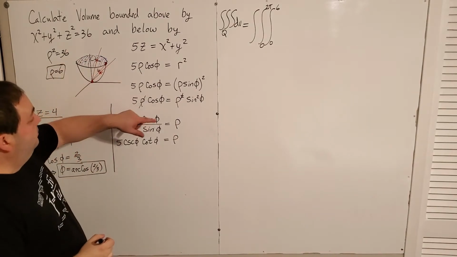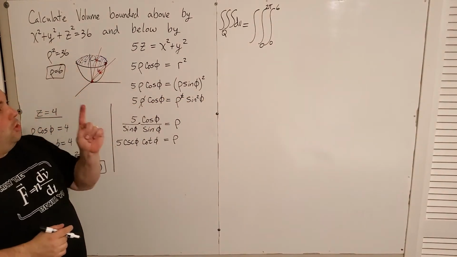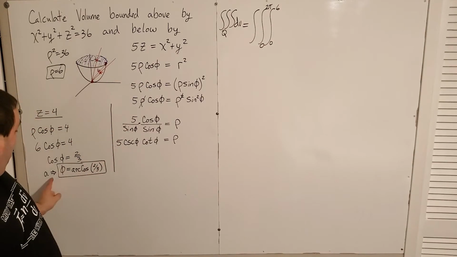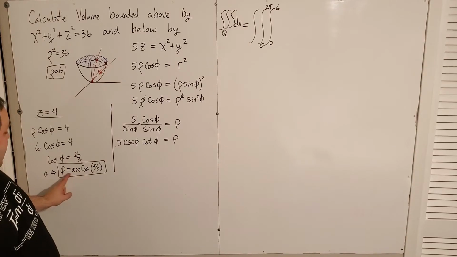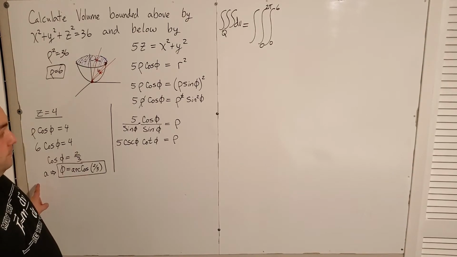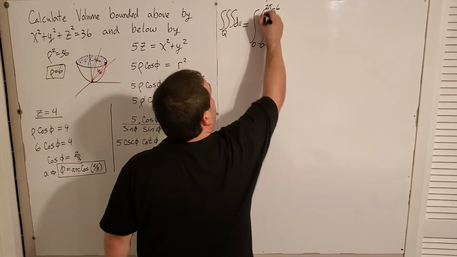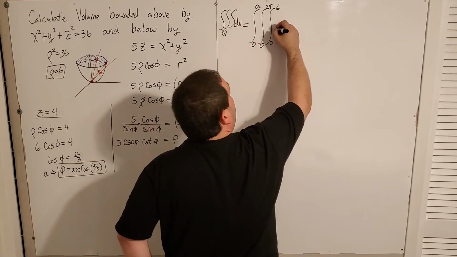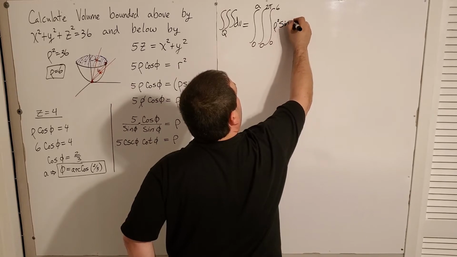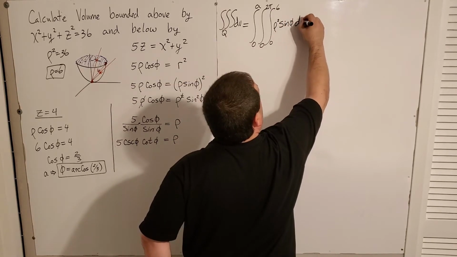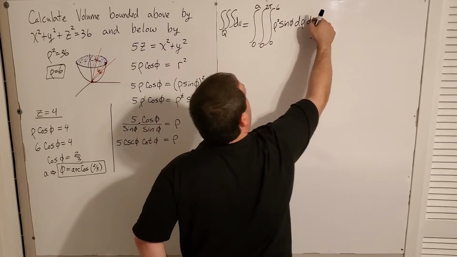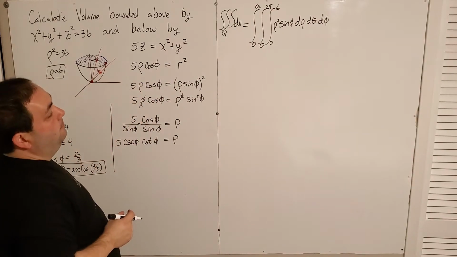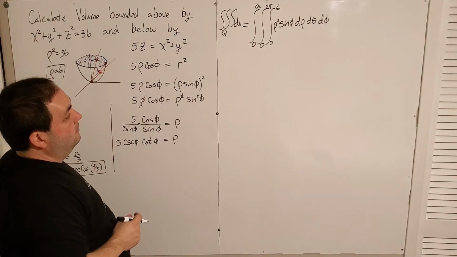And then phi, right? Phi is going to start at 0, because that's phi pointing upward, all the way down until you get to the intersection, which we said that happens when phi is this value that we're calling a. So phi is going to go from 0 to a. And then, of course, if I'm doing dv in spherical, that's rho squared sine phi d rho, we did first, then d theta, then d phi. Okay? Plus